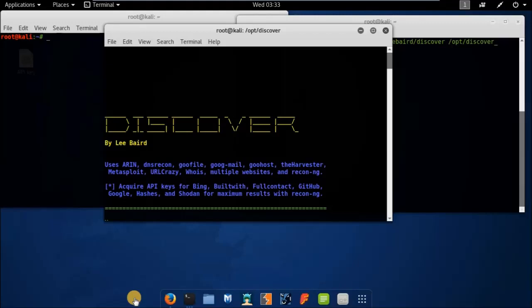So there is yet another tool, that is DiscoverScript, written by Lee Baird. I use this tool mostly when I am going through the reconnaissance phase of a penetration test, because it fetches as much information as possible from the internet. It collects information by combining most of the tools like DNS Recon, GoFile, GoMail, GoHost, theHarvester, Metasploit, URLCrazy, the Whois database, multiple websites, and a great tool that is Recon-ng. That is why I like it most, and obviously used it while going through the penetration testing